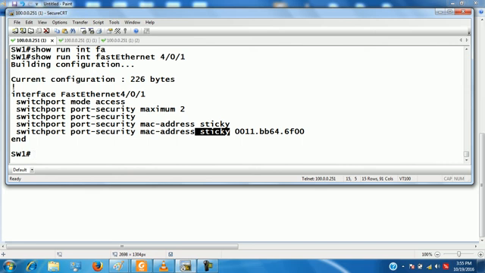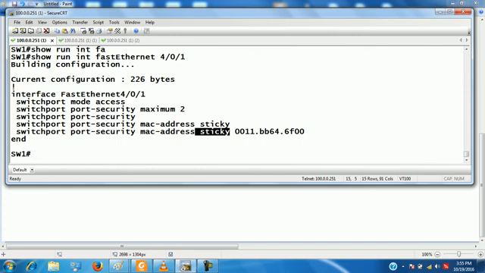Let's say now the port goes down, then the port comes back up again. After that also this same MAC address will be bound to the port. Clear? By default, whenever an interface goes down, all the MAC addresses which are learned on the interface are deleted.